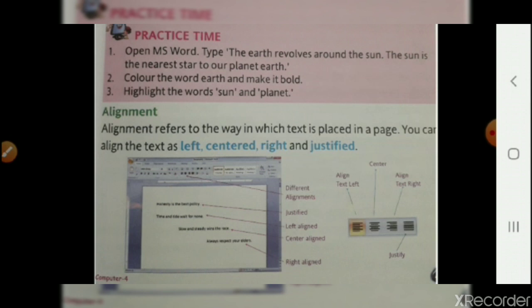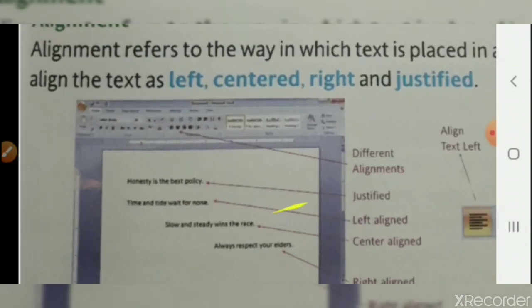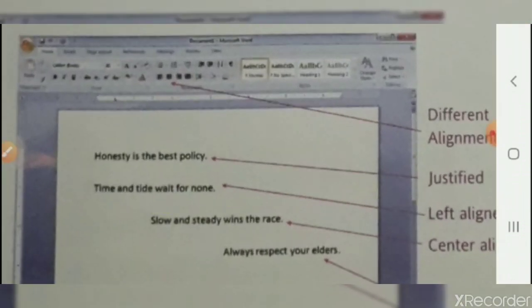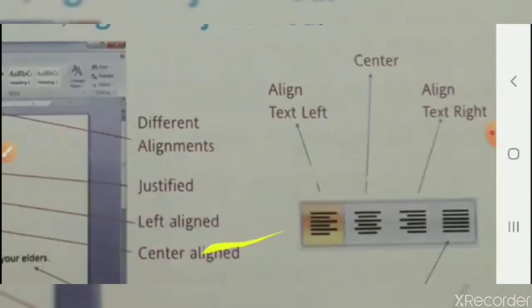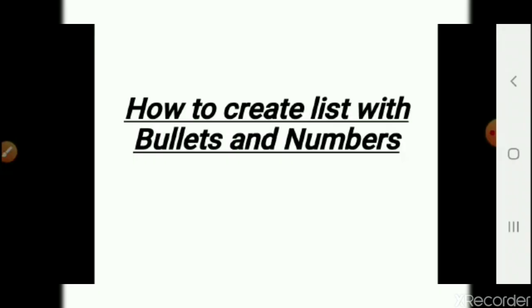This part was also completed in our previous video. In that video I have shown you very well how the changes occur. This is left align, centered, and right align. We can start from the left hand side, right hand side as well as the center also. So this is the alignment of the text. Understood?